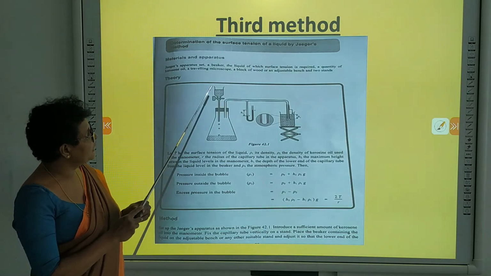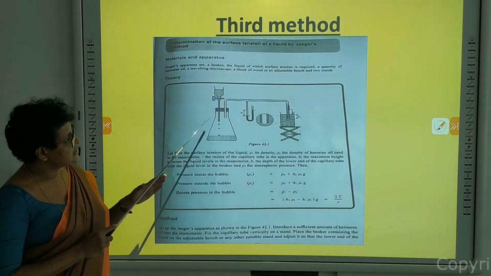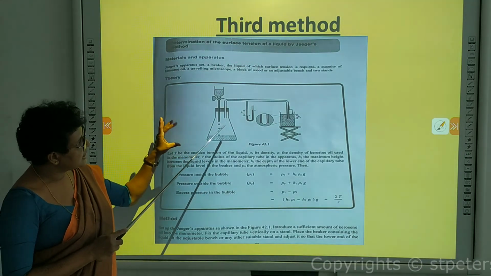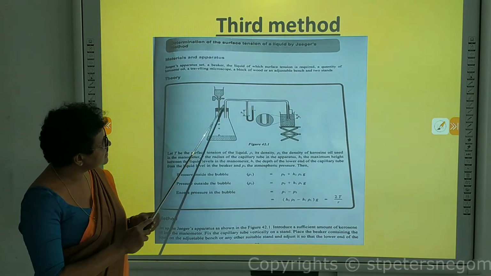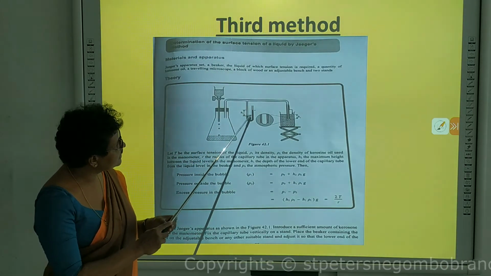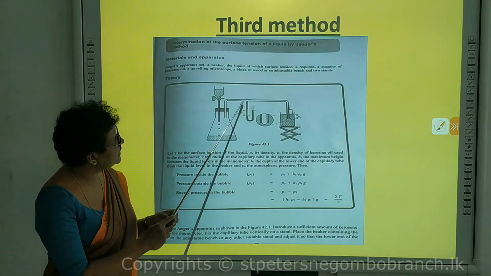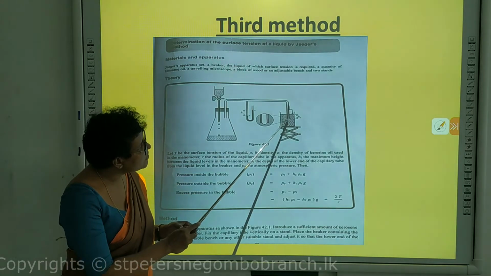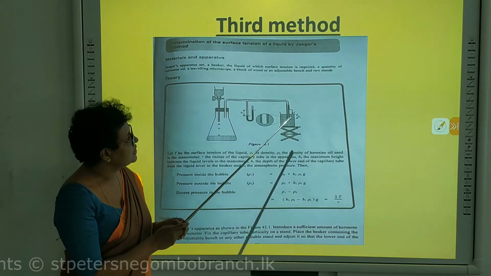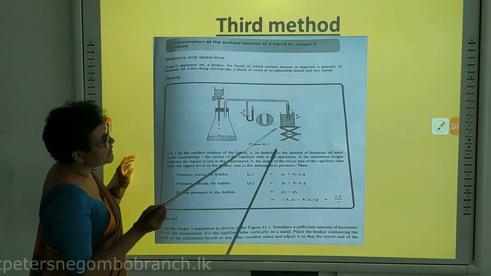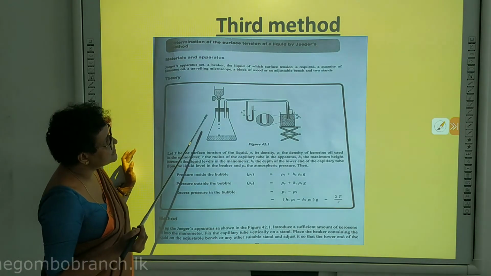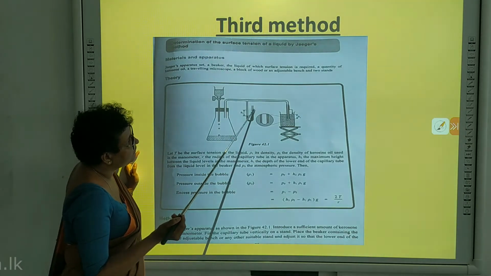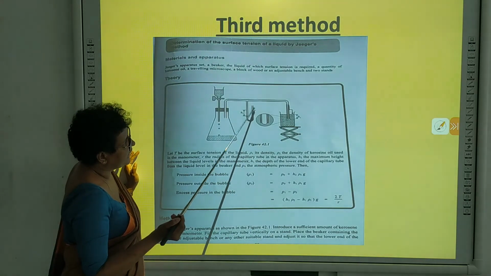Then you slowly open the tap, slowly open. Then the pressure increases here. When the water fills, the air pressure will increase and slowly go through this, and you will get a manometer difference here, and also an air bubble here. The air bubble is formed here due to this pressure. As soon as this air bubble is forming, you reduce the incoming water, and you measure this A with the traveling microscope.